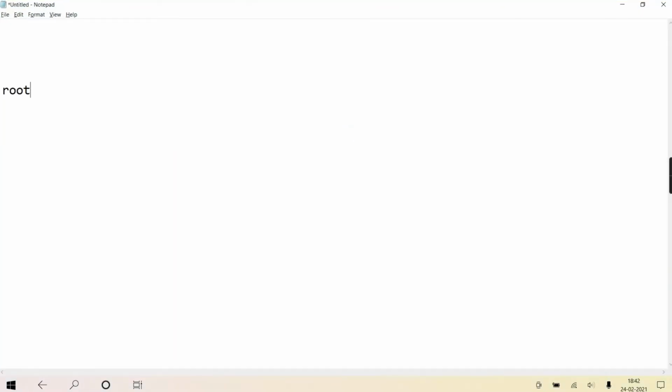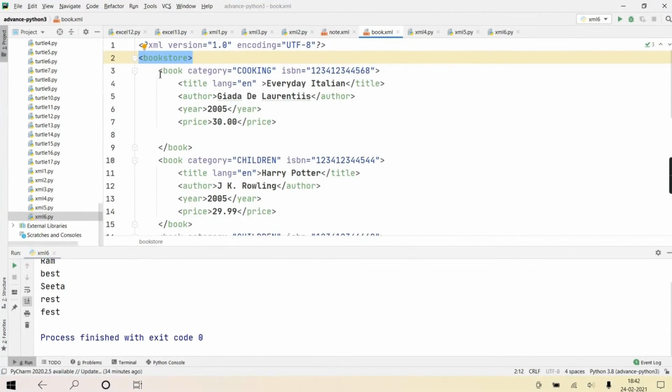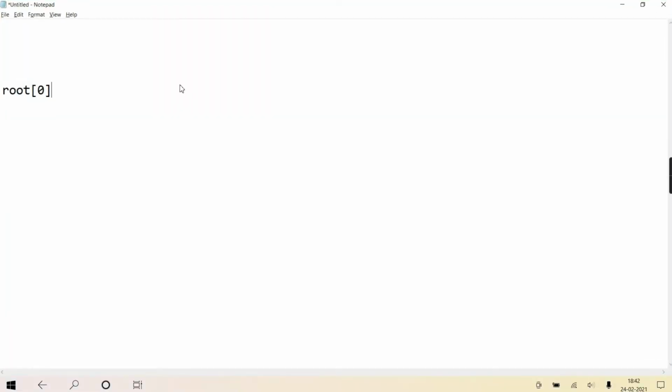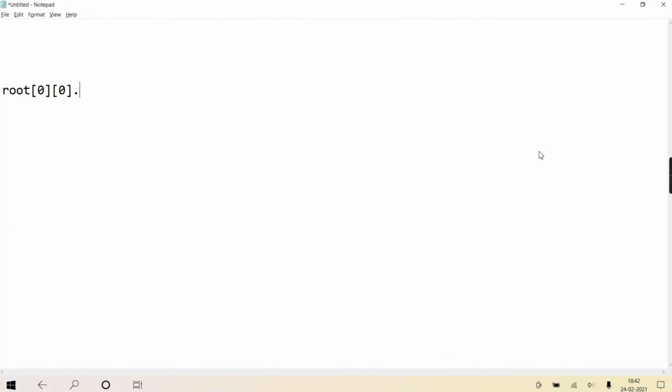Root represents bookstore, root of 0 represents this first book, and then its first child represents title, and then its text content equal to whatever it is. Clear?